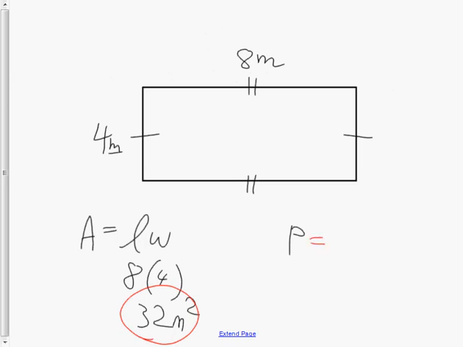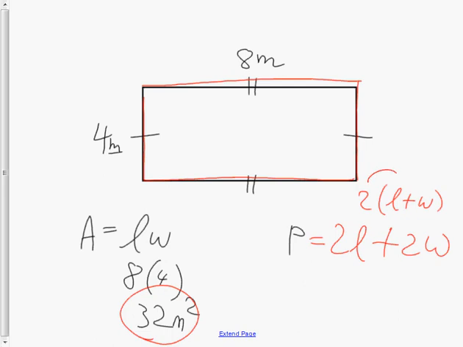The formula for perimeter. We have one length here, and we have one length here that make up the distance around. We have one width here, and we have one width over here. So really we have 2 lengths, and we have 2 widths. So the formula we're going to use is going to be 2L plus 2W, or if you wanted to use the distributive property,